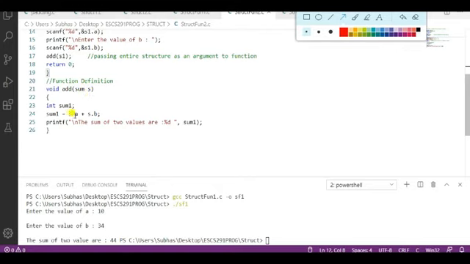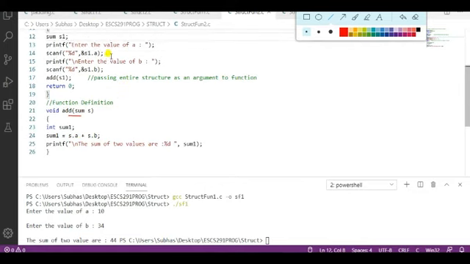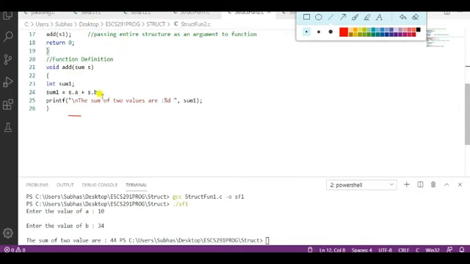So s.a is my first value. Enter the value of a, and s.b is my second value, and then the addition will take place and it will be assigned to the variable sum1, which is a local variable.